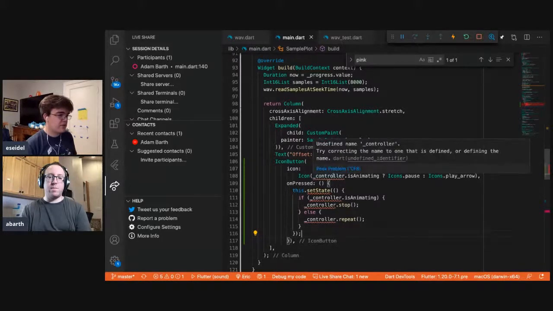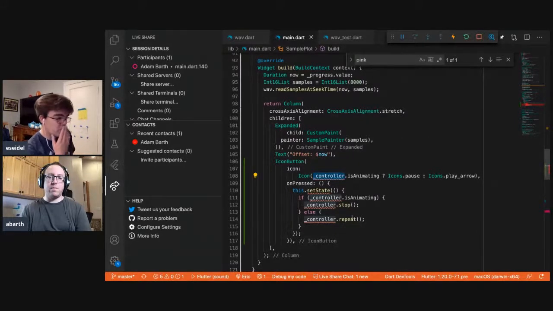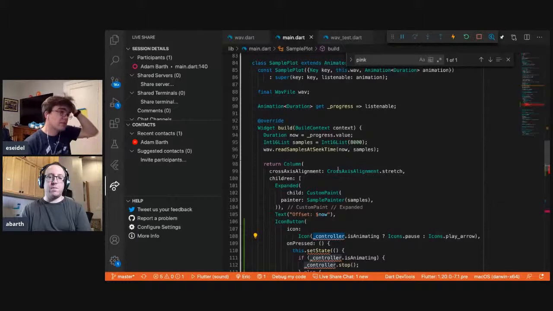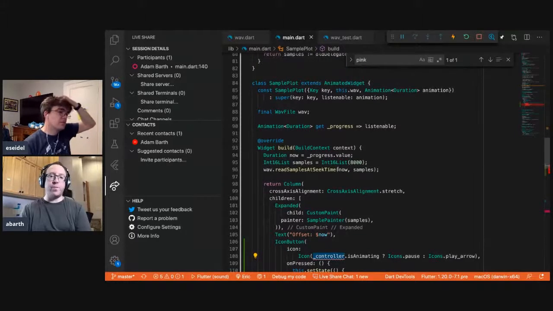And now the problem is that we don't have the controller, so we either need to pass the controller down here. I think it's legit just to pass the controller down.